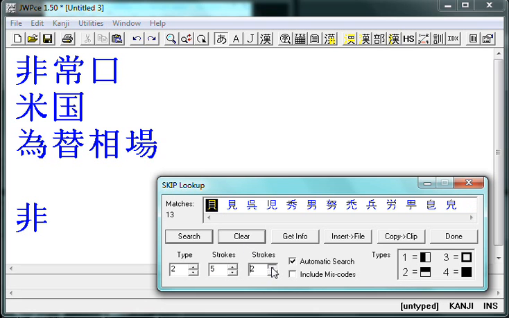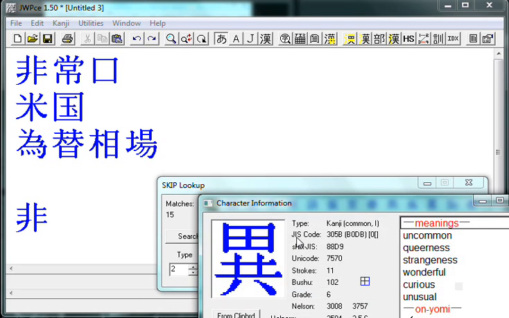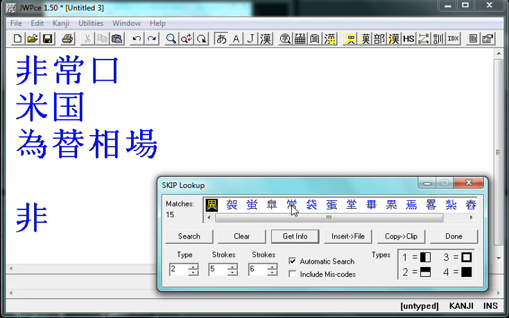Let's see if that helps us out. So let's scan through. We're looking for this character, and as we scan through, we see some of those already. That has the 3 things on the top plus a little arrowhead, but the bottom part is different. That one doesn't have it, but this one does have it. If we look at that, let's get the info. Oops, did I click on the wrong one? Yep, I clicked on the wrong one. So click on that one